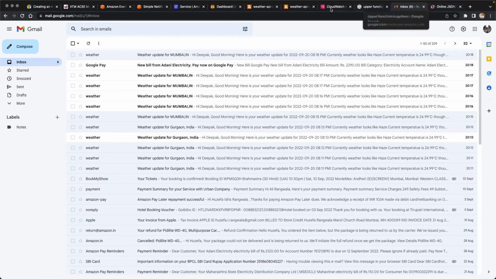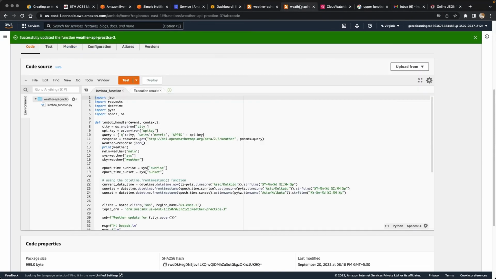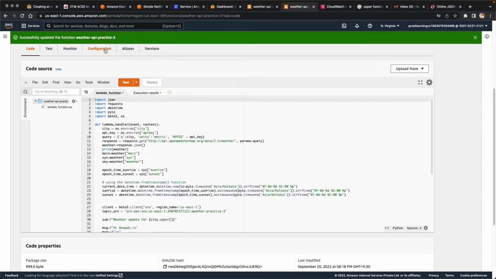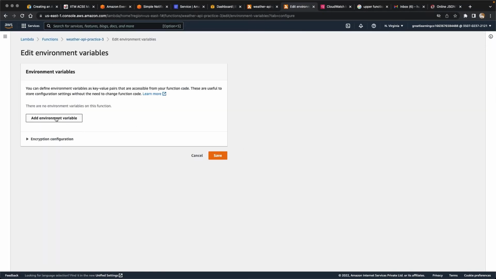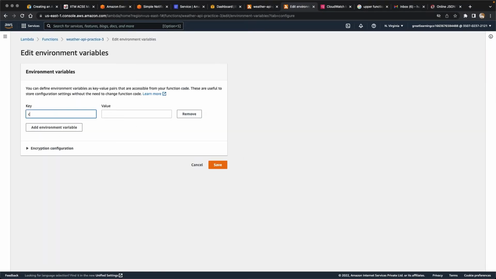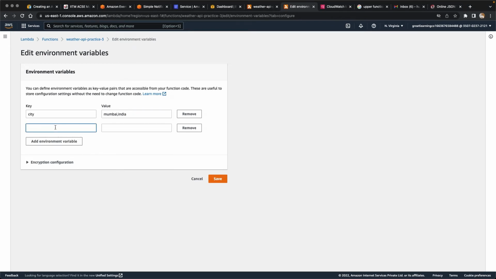In the Lambda function, we go to configuration, then environment variables, click on edit, and we can create two variables here. Let's say city, and I can set it to Mumbai, India. Don't worry about the case; we can change that later during runtime in the code. And here I'll set up the API key, and we'll pick up the API key from the